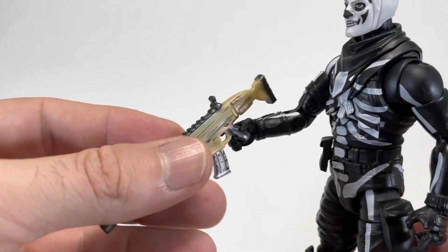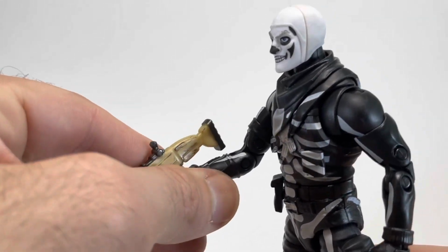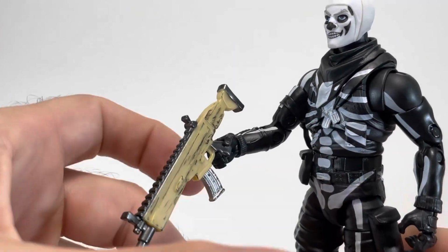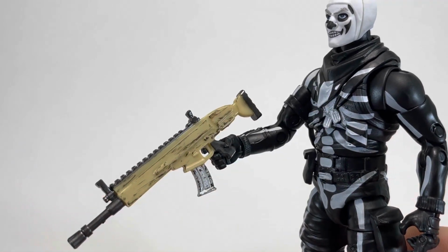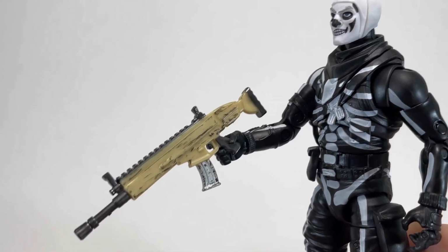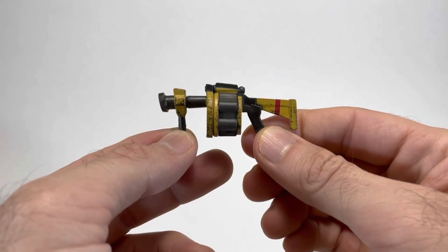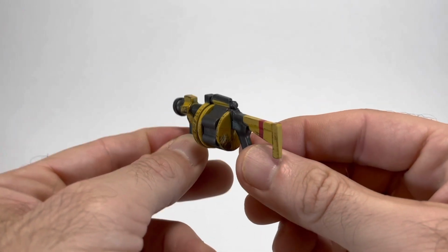I know it doesn't seem like that big of an issue right here in the video, but trust me, when you're trying to pose him, it is such a pain to get the hand to close and hold the gun. It's not that big a deal though, because I'll probably display this figure holding his scythe anyway, and I'll end up giving this assault rifle to my G.I. Joe classified Duke. Skull Trooper also has a grenade launcher with a drum feed system, as you can see, and